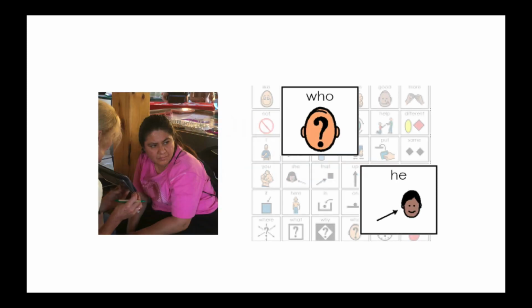For example, this student is looking at the door because someone just came in. The adult interprets her behavior and says, "You are looking at the man. Who is he?" while she points to who and he. The teacher went on to tell the student who the guest was and invited him over to meet the student. The adult attributed meaning to the communication behavior of turning to look and honored this by way of an introduction.